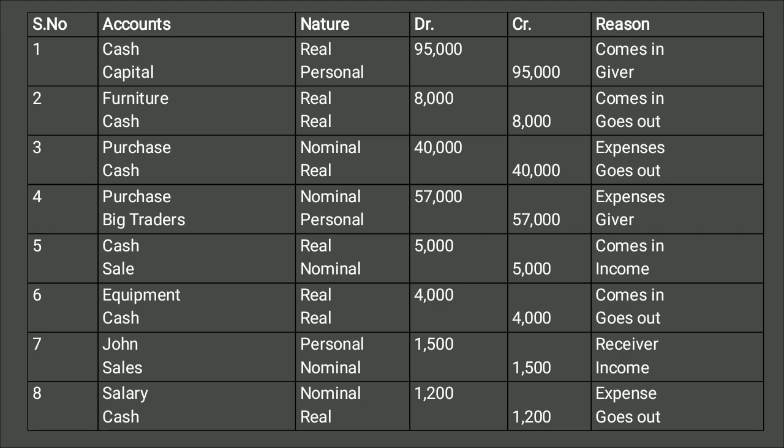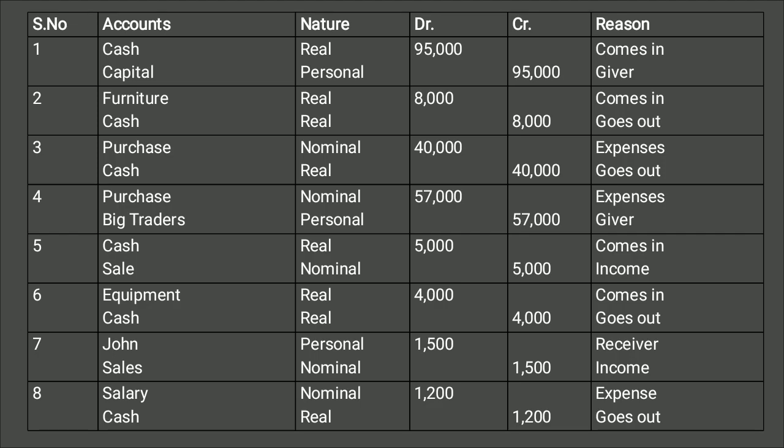After selling of goods, what? You will receive cash or you will pay? Sir, we will receive. So debit what comes in. So we have to debit our cash just because of the rule. And sales, that is part of income, and the rule for nominal account is debit the expenses, credit the income. So sales, that is nominal income, we have to credit it.